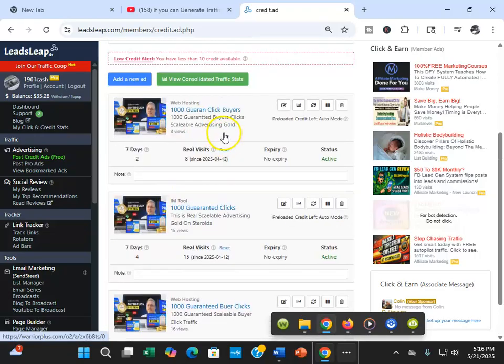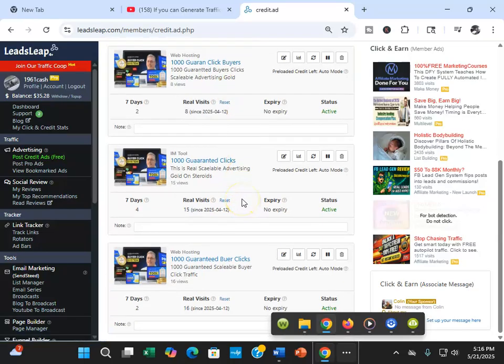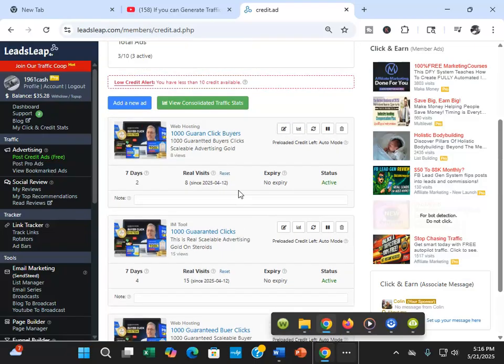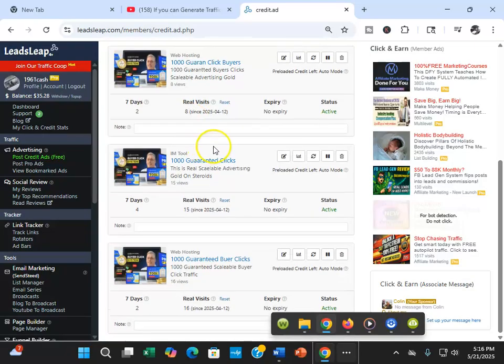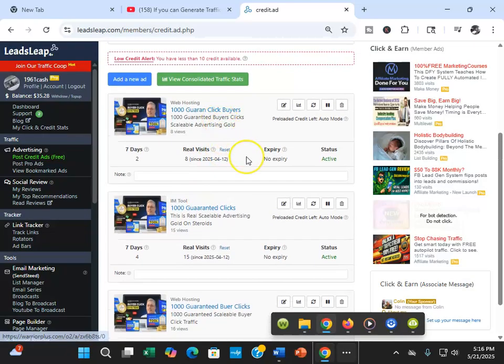So, as you look at my screen, you can see, guys, that my free ads, they're not really generating any traffic at all, right? Because I really don't play around a lot in the free ads section. I should, but I don't like clicking and viewing ads, right? I really don't. It's like paid advertising. I like stuff fast, right?